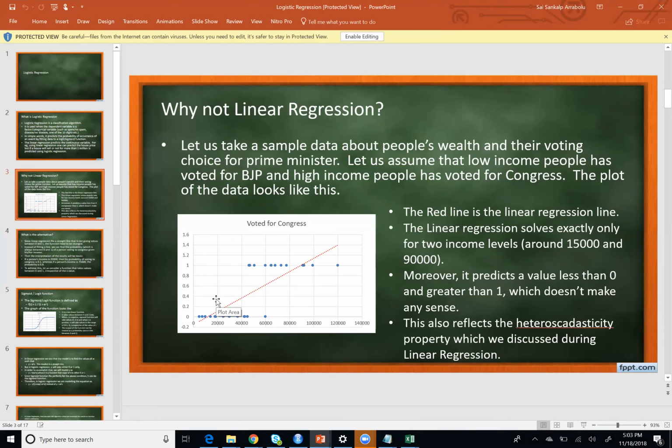I can't say 0.8. What is 0.8? It should either be 0 or 1, right? So if I'm trying to predict whether a team is going to win the match given the number of runs, there's no gray area, it should either be white or black. So in such cases,